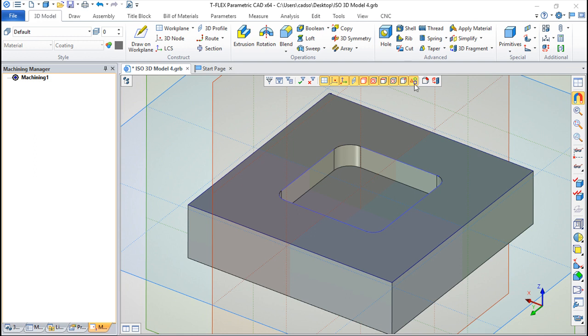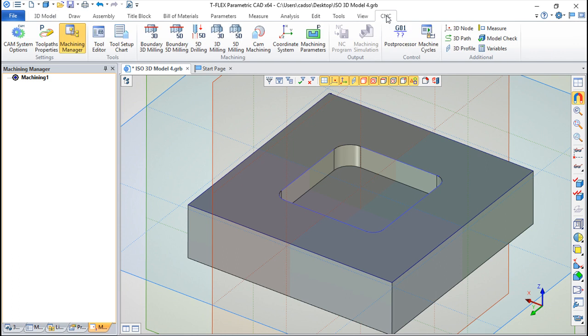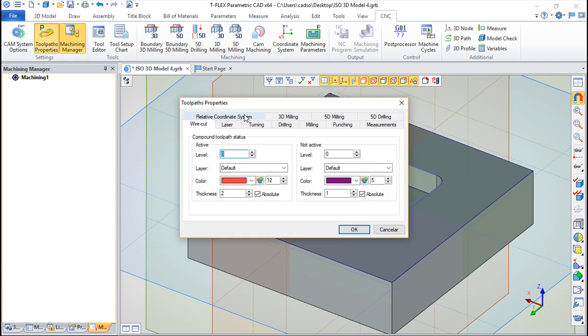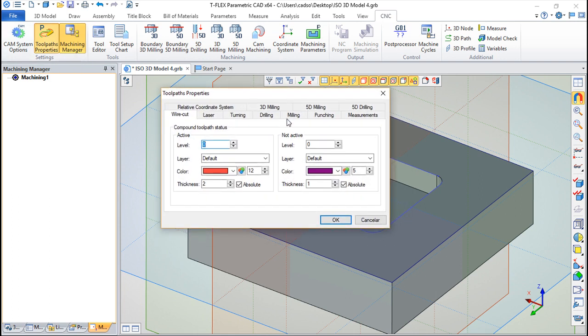So to make the definition of these properties, we need to go to the CNC menu, and you know that this menu is the one that gathers all the commands and all the options regarding the CAM side. We can come to these toolpath properties, and in this dialog box that we open, we have all the different